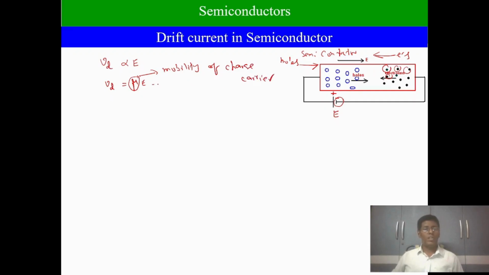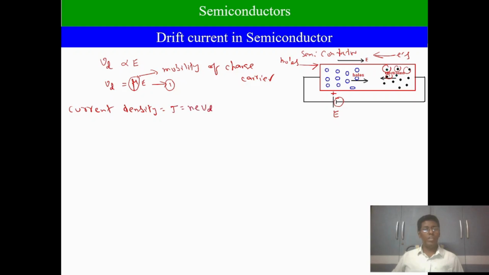Let us consider this as equation number 1: Vd is equal to mu E. Here Vd is the drift velocity, E is the applied electric field, and mu is the mobility of the charge carrier, that means the mobility of the electron as well as the mobility of the hole. Now, from the previous discussion, I am going to write the equation for the current density. So current density can be written as J is equal to